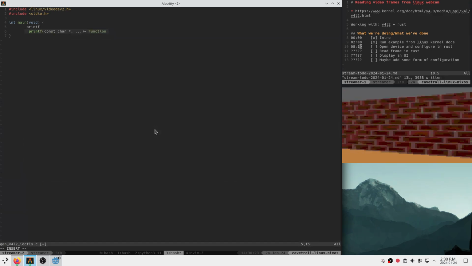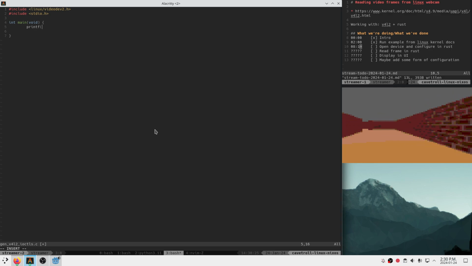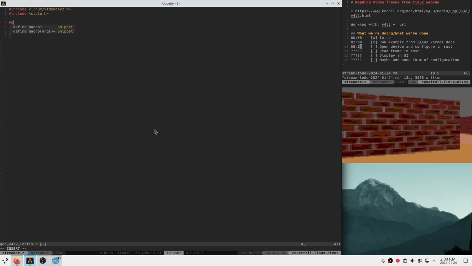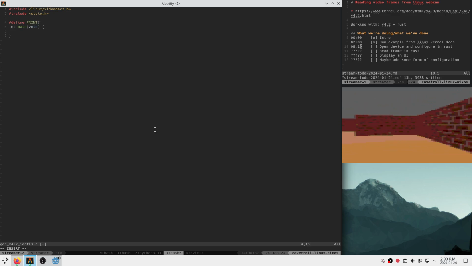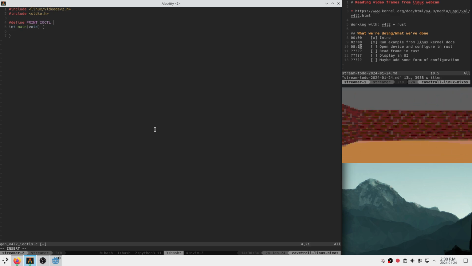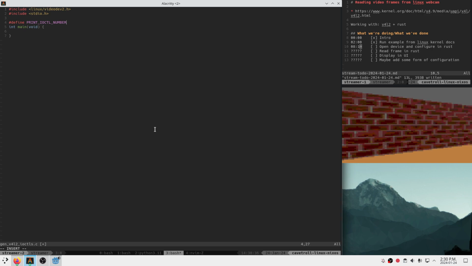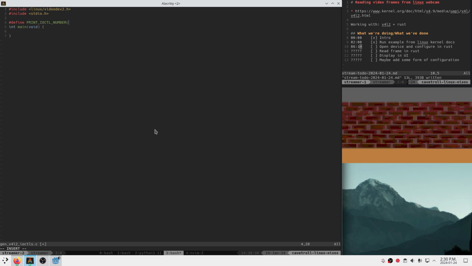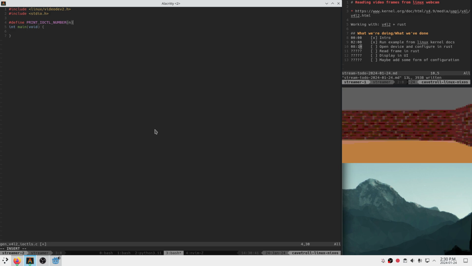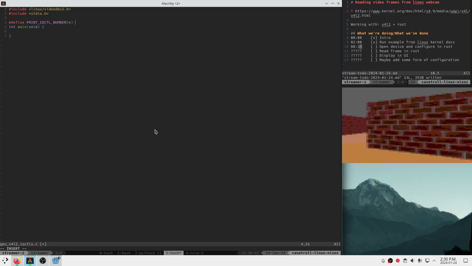We just printf for each thing we want. We can define print_ioctl_number. Yeah. We take in the number, and we can just say